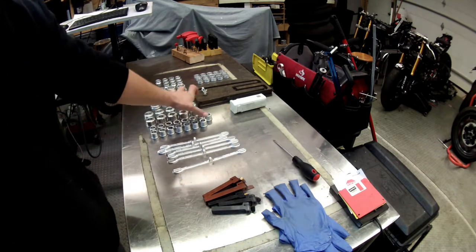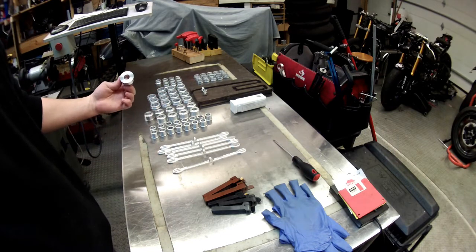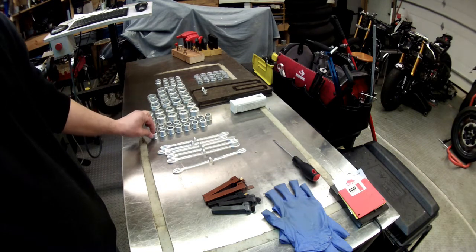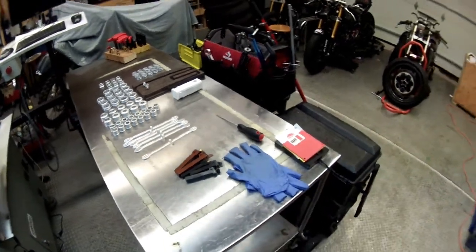Fun fact, these parts have literally been in the shop for over a year, pretty much done. I just haven't managed to completely finish them and send them out for anodizing. They're captive spacers for a popular Yamaha model motorcycle. I just haven't